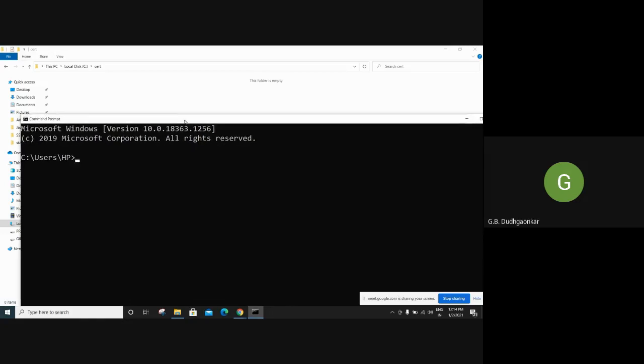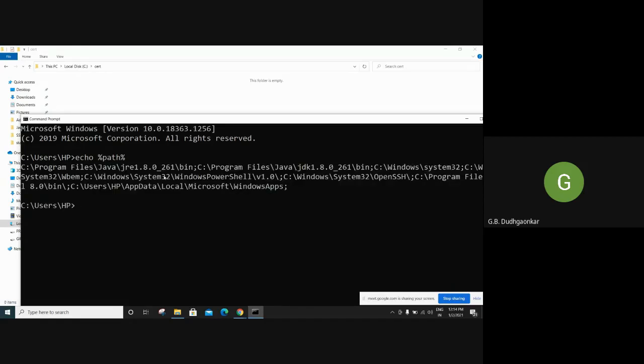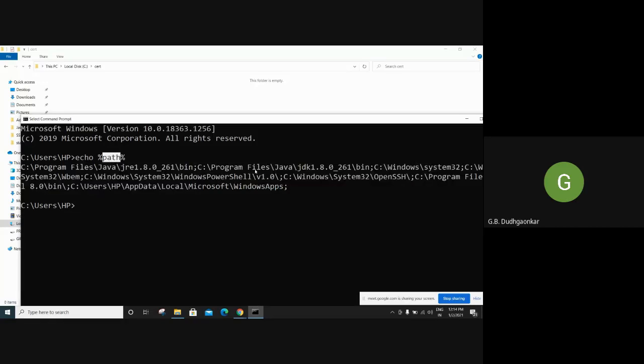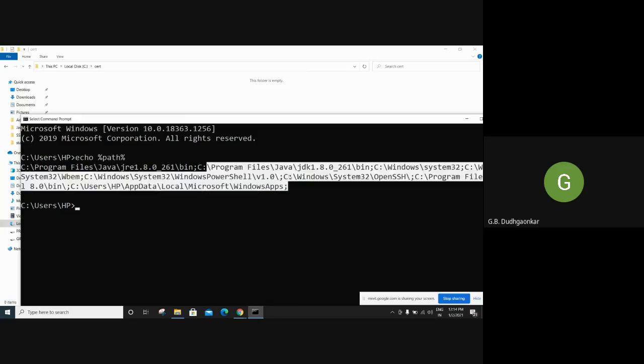I told you yesterday also. So if I type here echo %path%, all paths will be displayed, because this is a path, which are in the system properties environment variables.